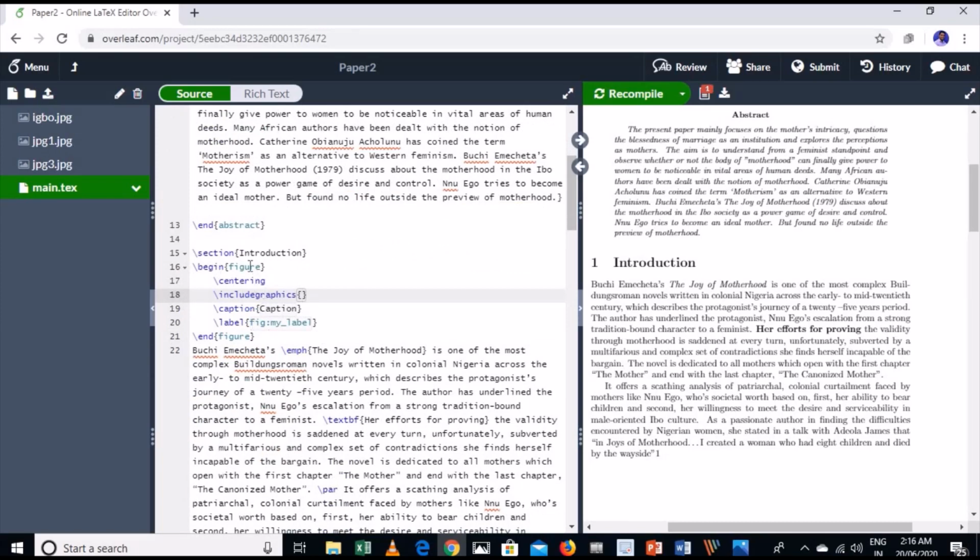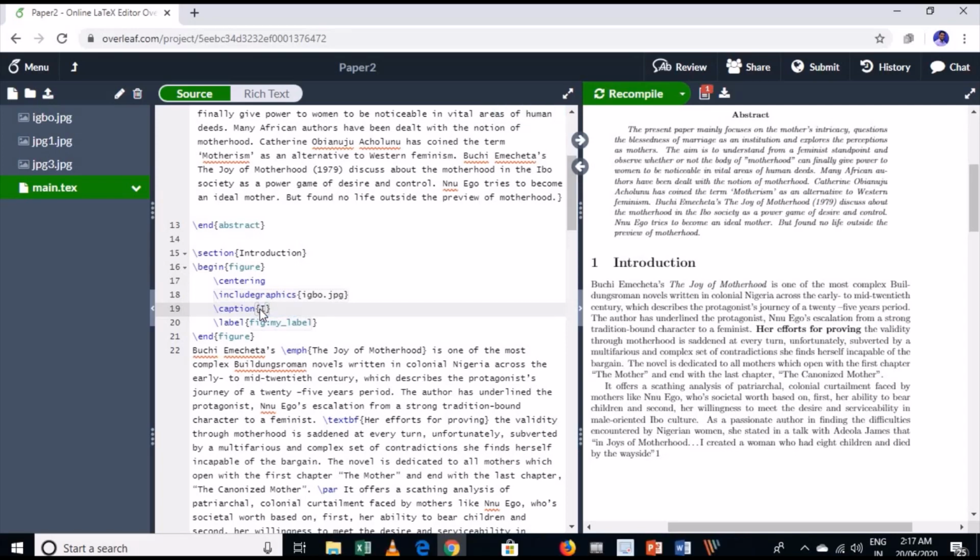Along with this tag, various tags will be opened, for example centering, include graphics, caption and label. So let me add the first one. The first image is igbo.jpg. This is the image or the graphic I want to add.